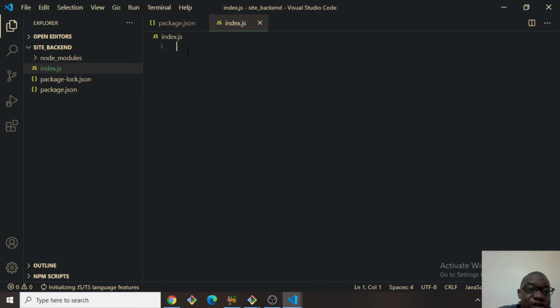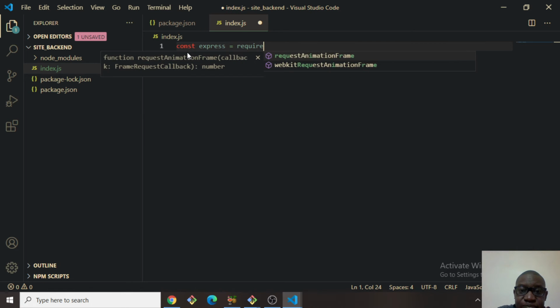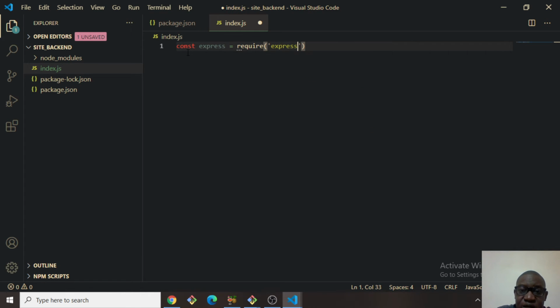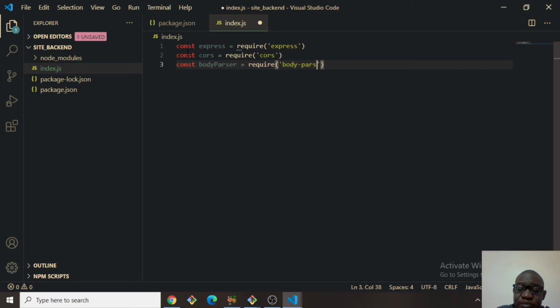In this file, the first thing we'll do is require express, const express equals require express, and then we'll need cors and bring in cors, and then we'll need body-parser and bring in body-parser, because that's the only way we're able to use these packages. We have to bring them into the project. After the body-parser, we'll need to use